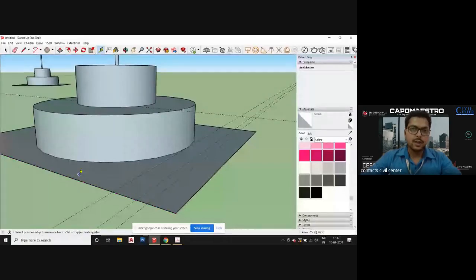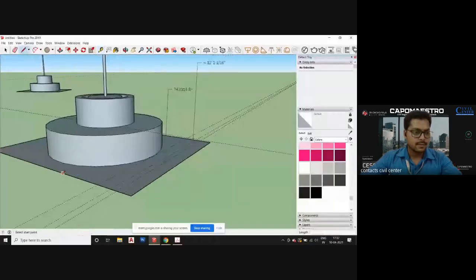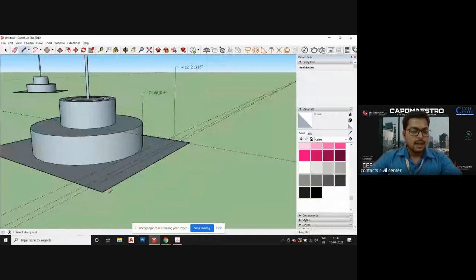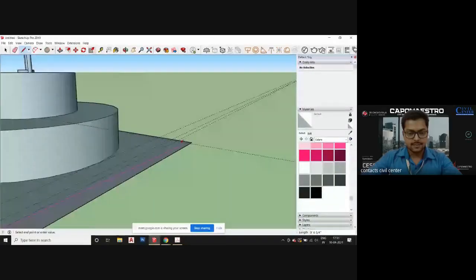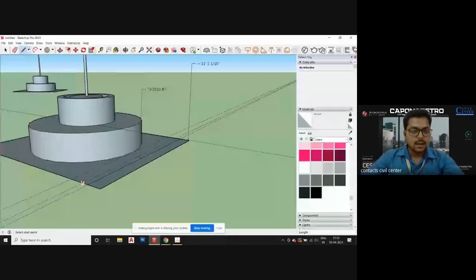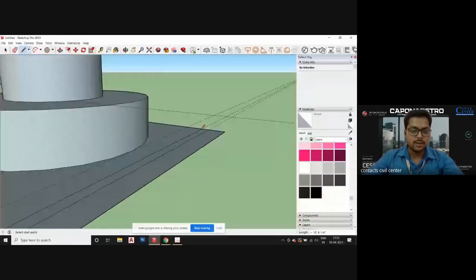For that, you can use the line tool. Using this line tool, you can simply draw a line on the guidelines. So this way you can draw the lines, joining all the lines.